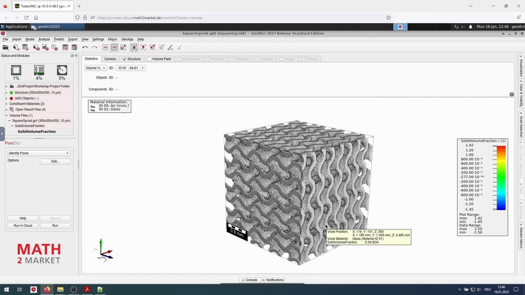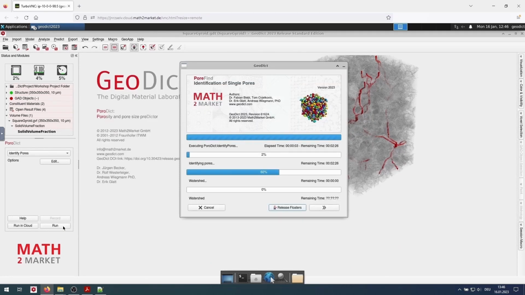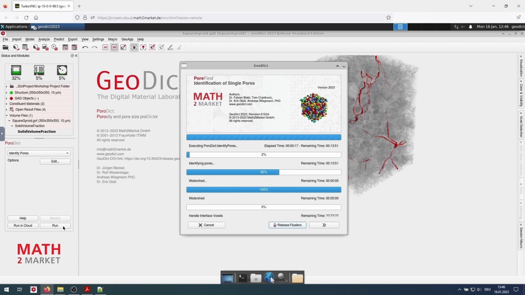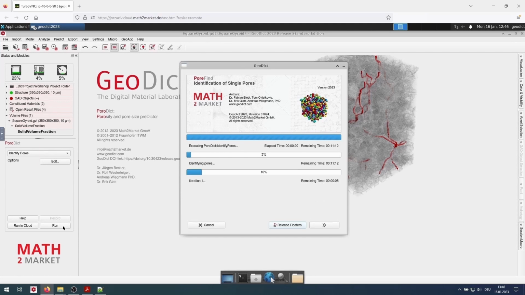We click OK and we click Run. This identify step will take about 2 to 3 minutes.